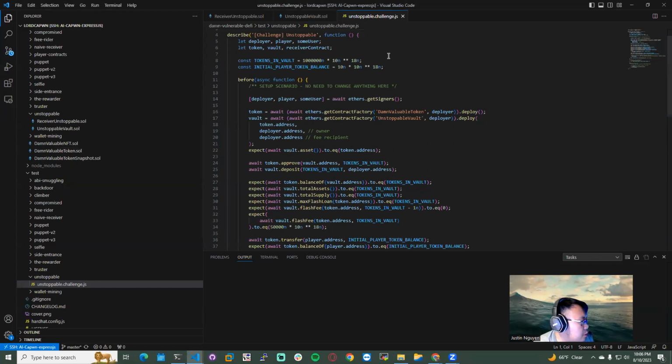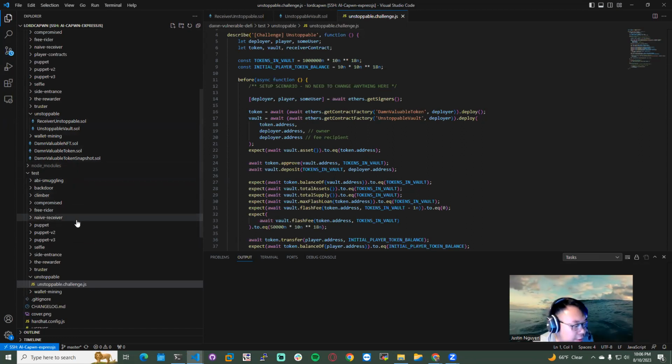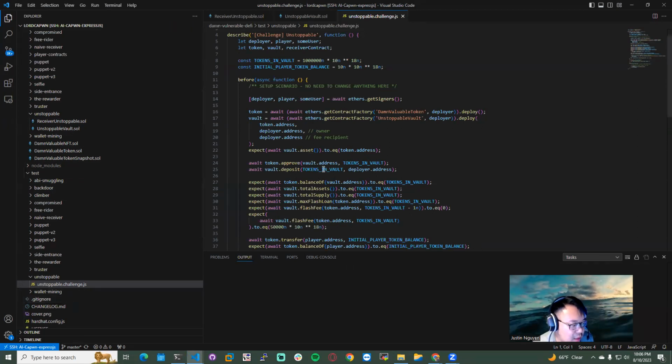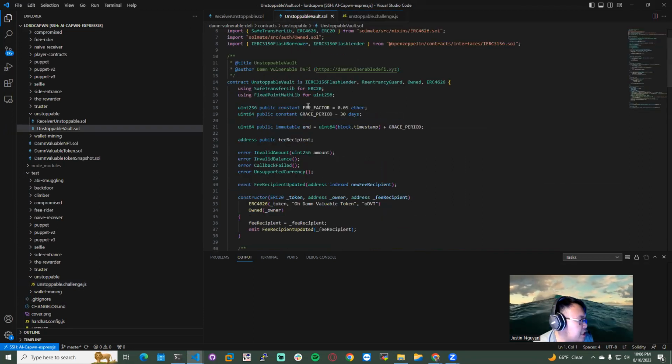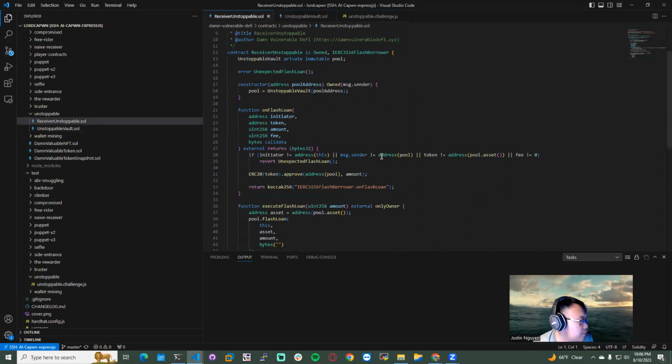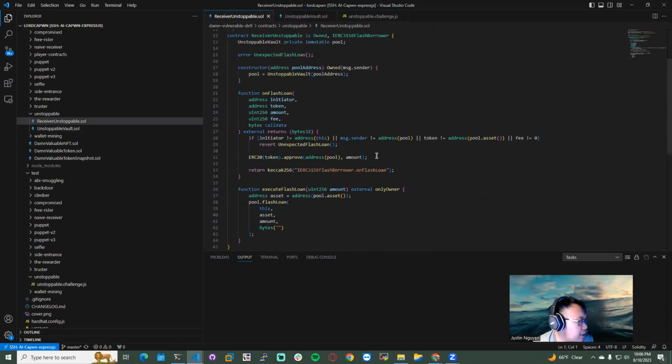And this is the Damn Vulnerable DeFi challenge. So these are many challenges that go through different scenarios where developers have to secure against exploits and vulnerabilities that we can test against other smart contracts. So this is the JavaScript exploit that I was able to write, and it basically tests against these Solidity contracts, exploits them, and steals the cryptocurrency from the address pool.